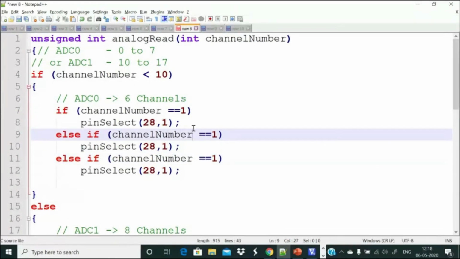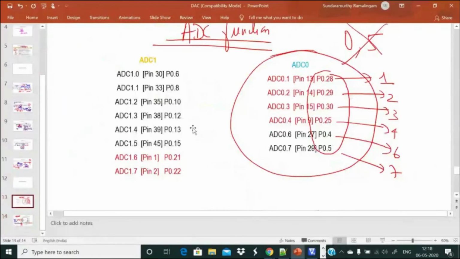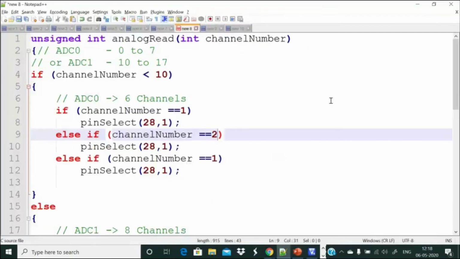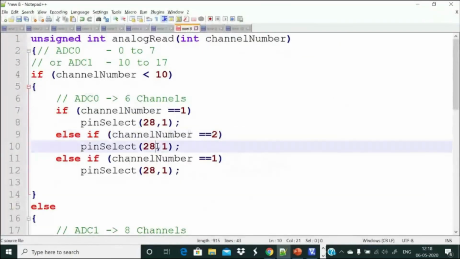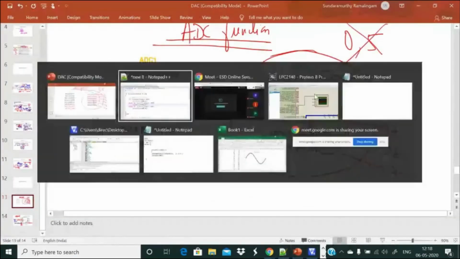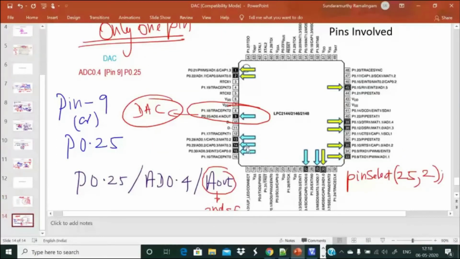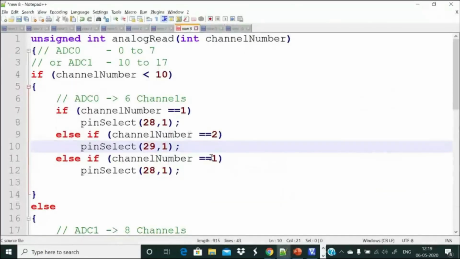For channel number equal to 2, which pin do we have to deal with? Port 0.29, which is the 14th pin. It is again the first special function, so I pass number 1.